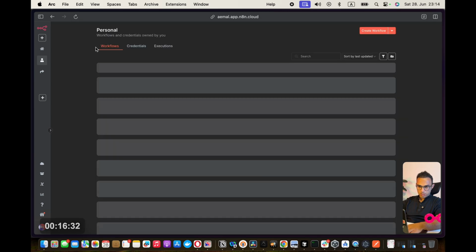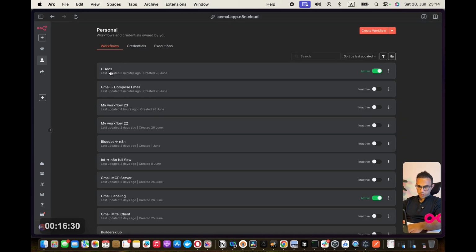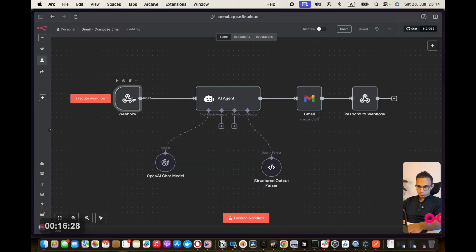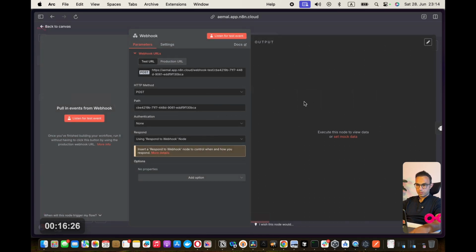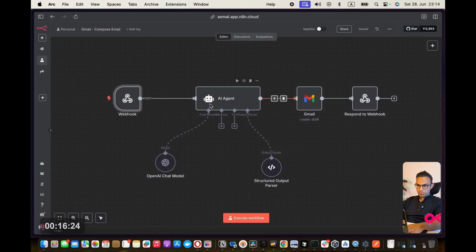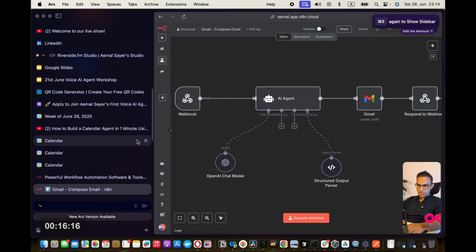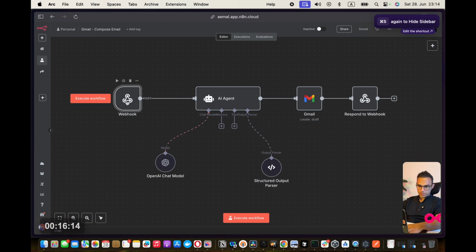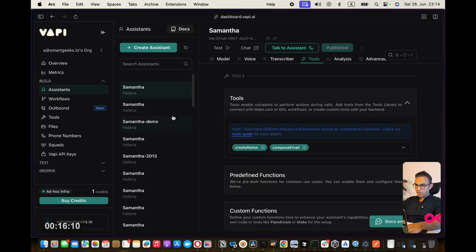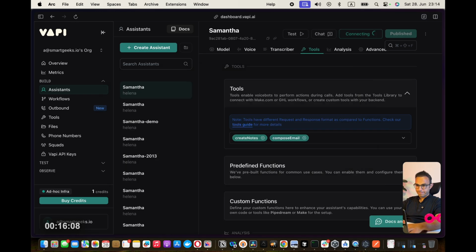This is the personal one. I hope I pinned it. No, I didn't pin it. Well, hopefully it will pass through, but let's double check this actually. If it's not doing this, then I can explain why it's not doing it. So, Vapi talk.